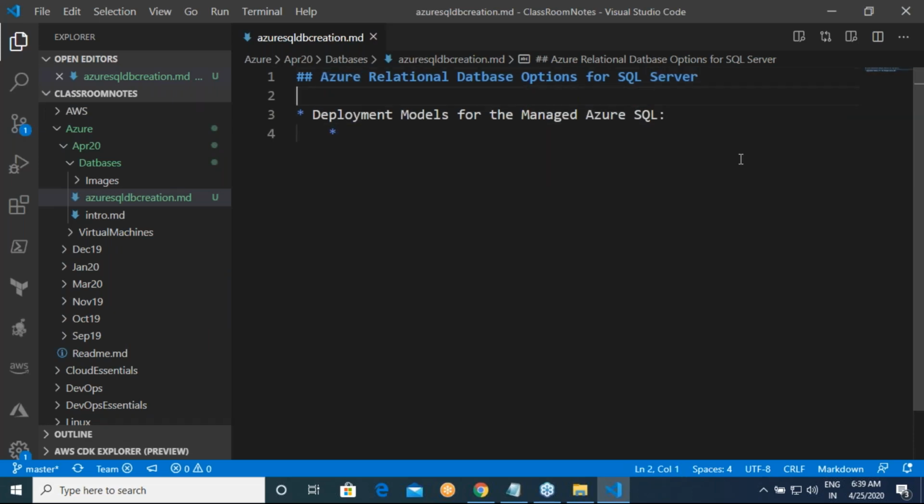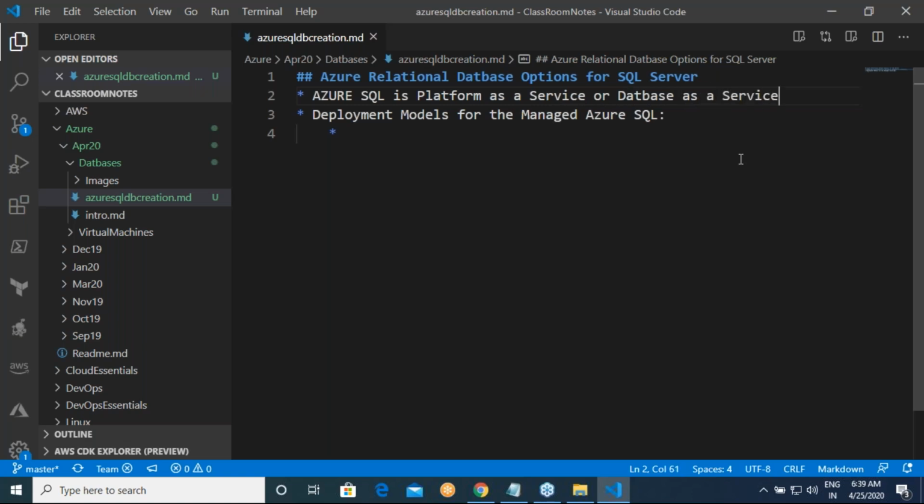First of all, Azure SQL is platform as a service, or some of the people also refer to it as database as a service.